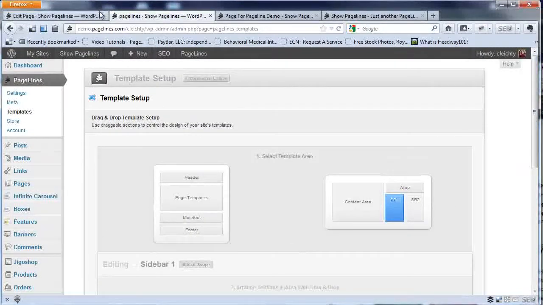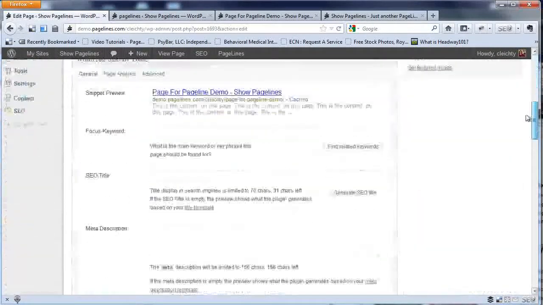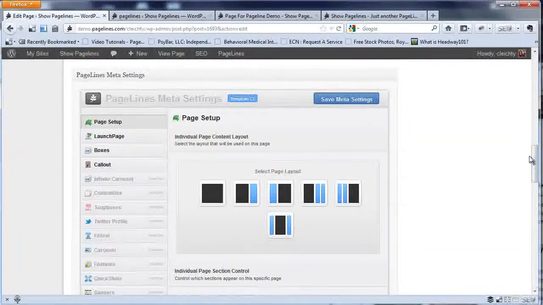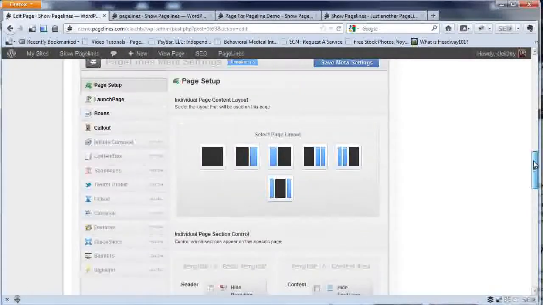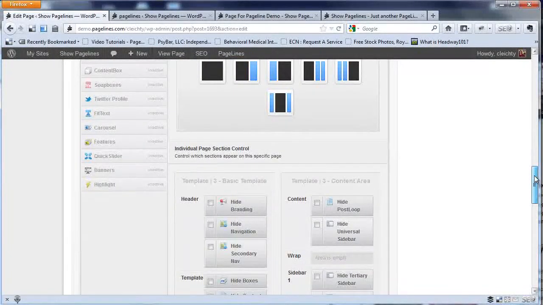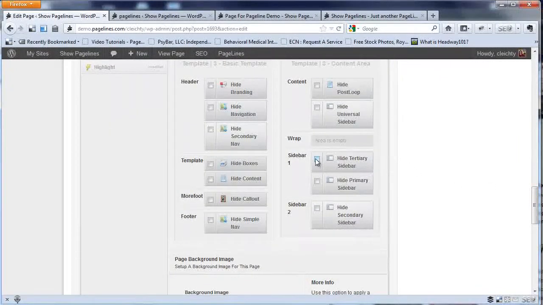So to see that, if I go back to Edit Page, a little demo page here, and scroll down here, when using Pagelines, you can have meta settings per individual page. So it picks up all the defaults that we just set up. Then you also can control those defaults inside each individual page. So for example, let's say on our demo page, we really don't want to see that top sidebar, the tertiary sidebar. So I'm going to turn that on